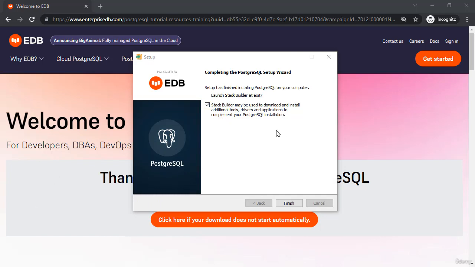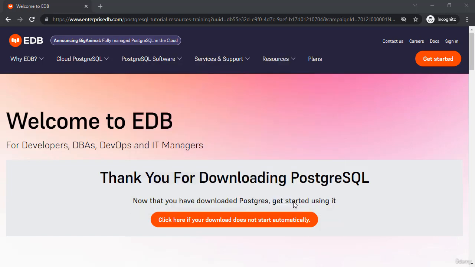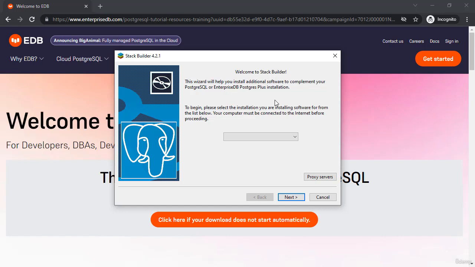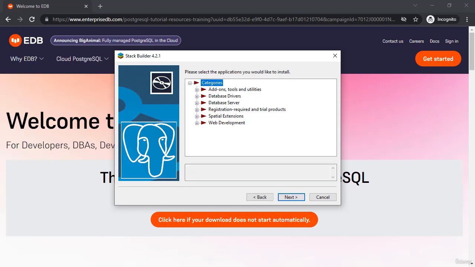All right, once it gets done installing, it's going to ask us if we want to launch Stack Builder, which can be used to download and install additional tools. Just to show you what that looks like, if I say finish, it'll pop up with Stack Builder, where we can say where we want to install. We're going to say our local port. We can say next, and we immediately start downloading the application list. And once inside Stack Builder, we can say add-ons if we want, which is going to be some EDB language packs,